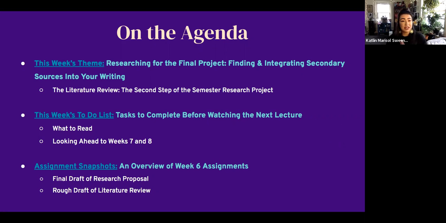So in terms of this week's theme, we'll be thinking about researching for the final project, or finding and integrating secondary sources into your writing. And we're going to talk specifically about the literature review and how this acts as the second step of the semester research project. We're going to follow this then with this week's to-do list, which is pretty brief in nature,